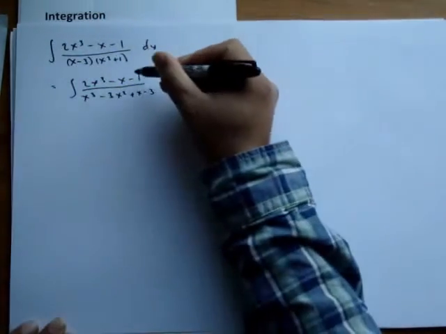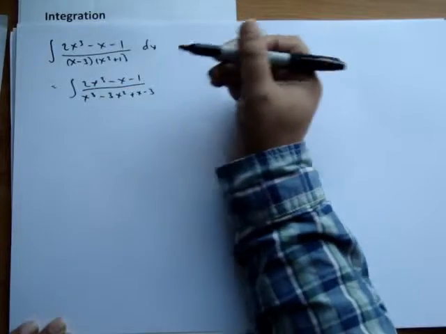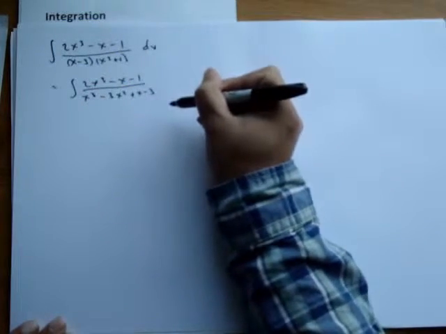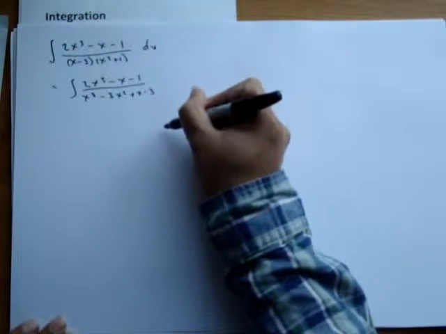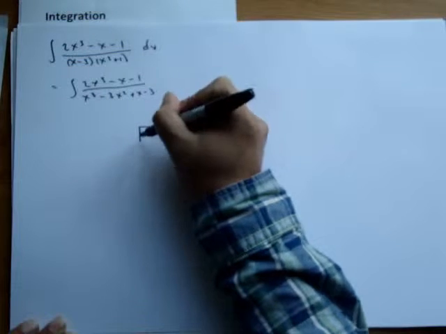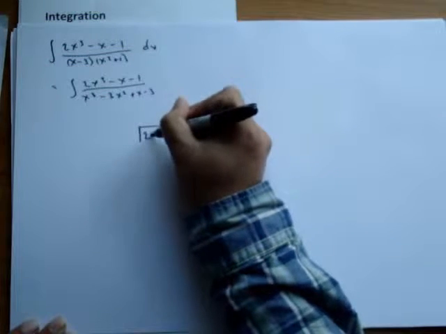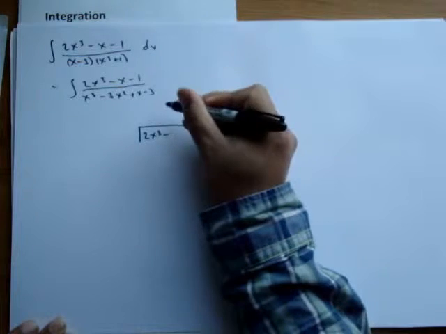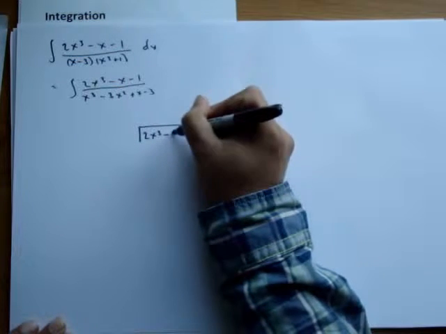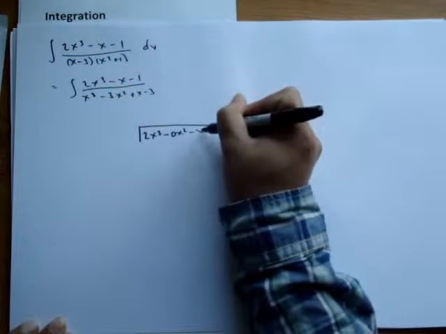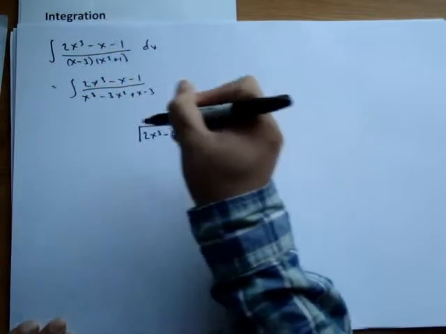The degree of that is the same as that, so we want to make this less, so we use algebraic long division. So we set up our division. So our 2x cubed minus, now we mustn't forget any x squares, no x squared, minus x minus 1, and